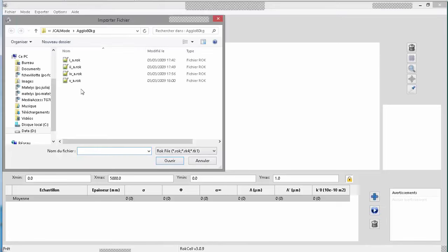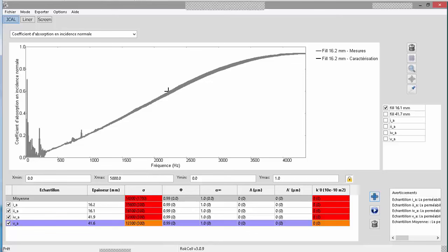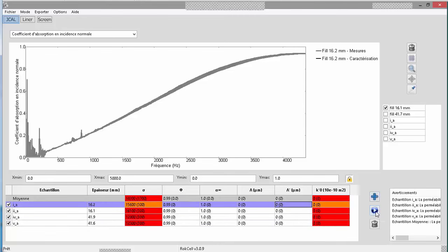So you load the measurement file, okay? So this is the envelope of the measurement, in terms of mean plus or minus the standard deviation for each frequency point. And then for a given sample,